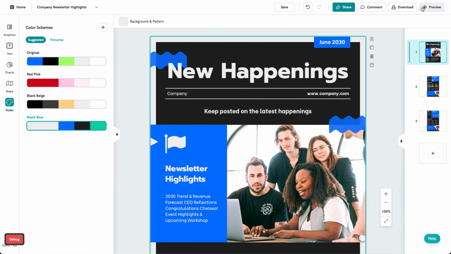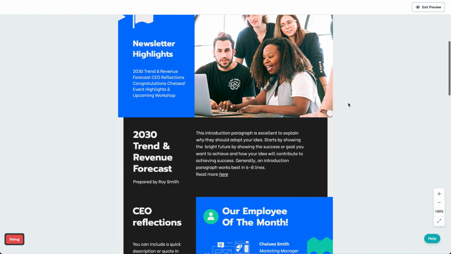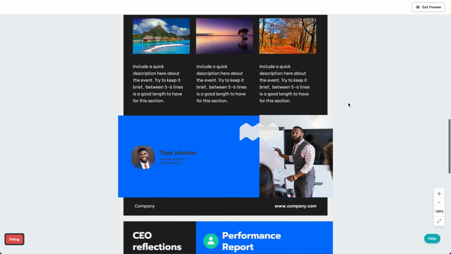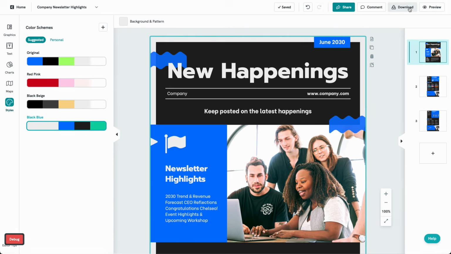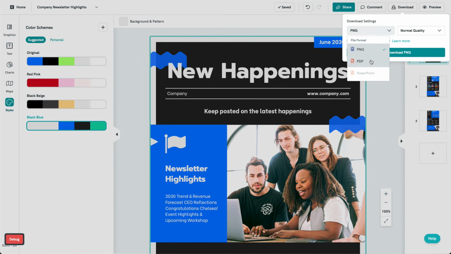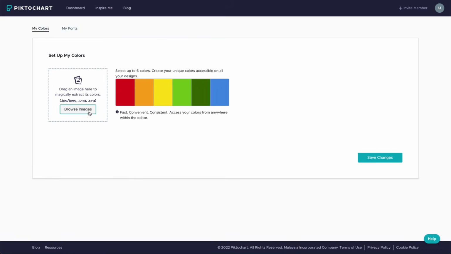Then you can preview your visual to make sure that it's just the way you like it, and finally, you can download it as a PNG or PDF. You can also add your logo